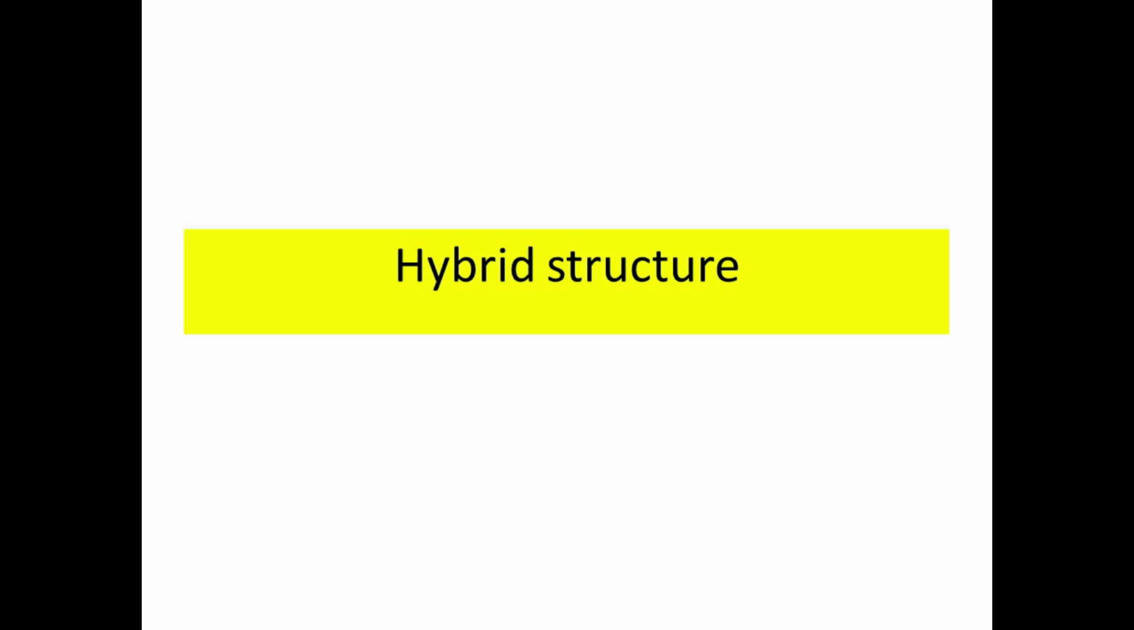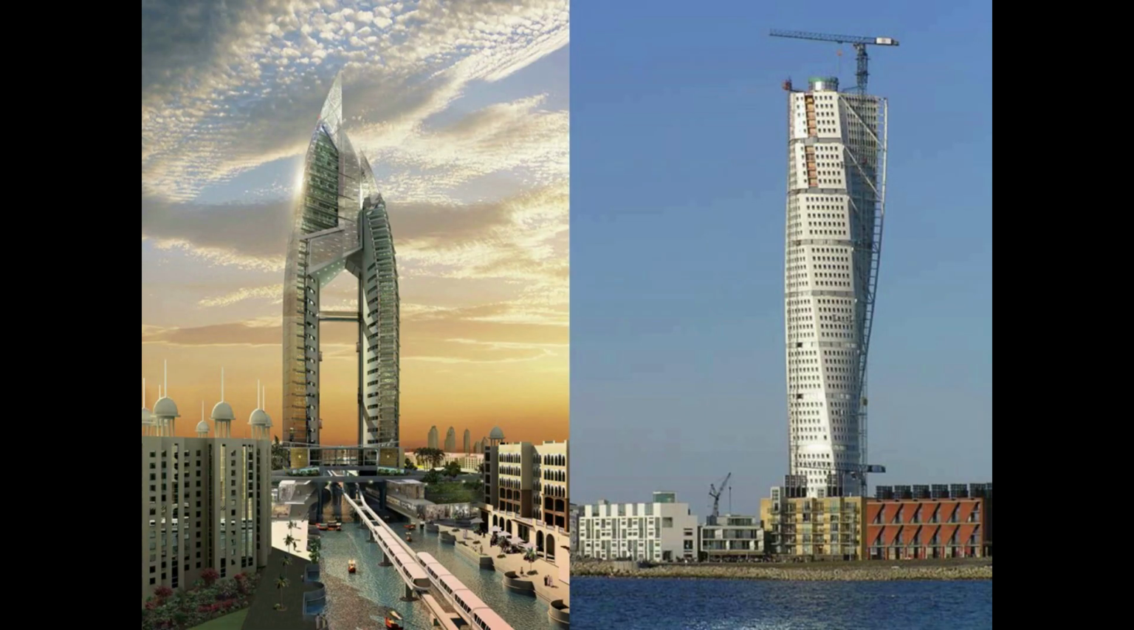Okay, now let's look at the last form of tall building structure. That is hybrid structure. Postmodern buildings with irregular shape, large cutout openings, facets, crowns, etc. Such as Turning Torso, Malmö, Sweden, and Dubai Trump Tower. For these types of structures,